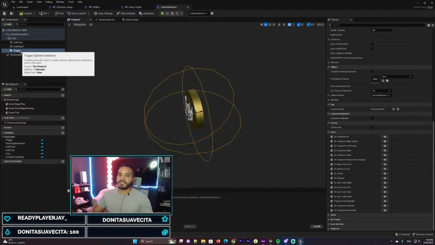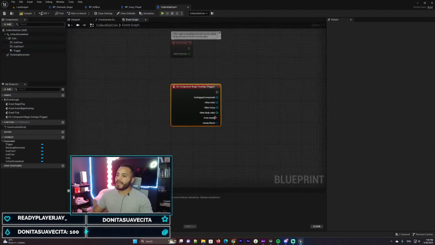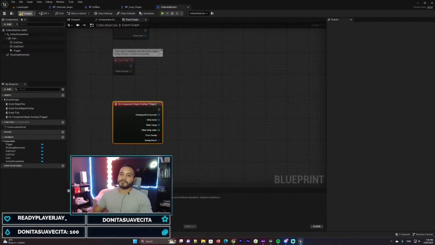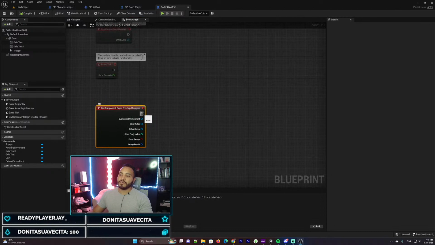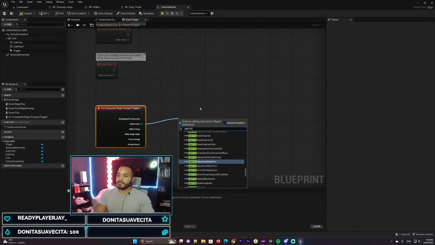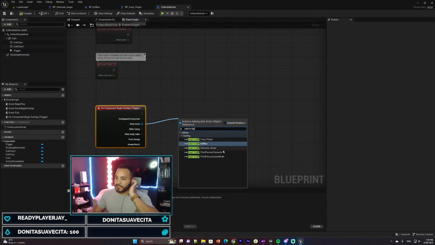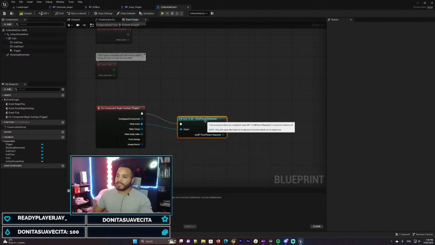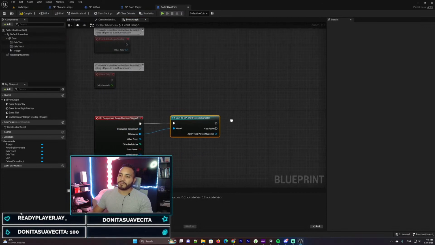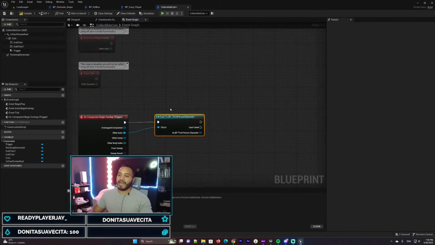So we have the trigger selected. Make sure the trigger is selected, and then you go to on component begin overlap. That's one of our events. Whenever our character is going to overlap with this coin, we're going to execute a function. So again, we should make a check that we're casting to the BP third person character. We're gonna cast it to this one, so it only works with that one whenever that player is going to overlap